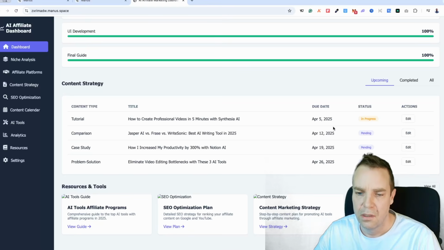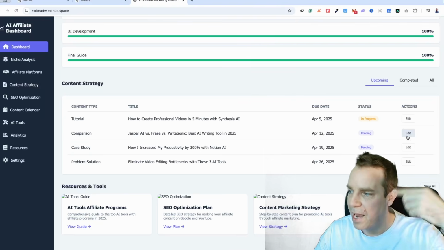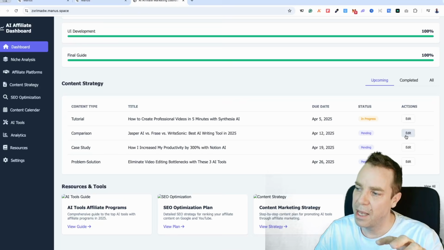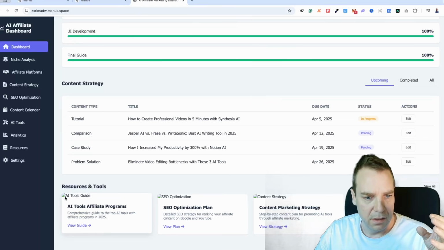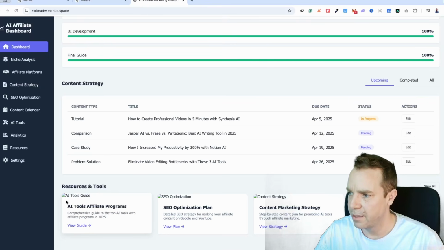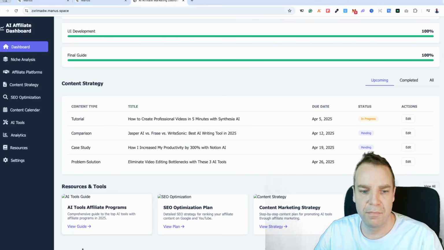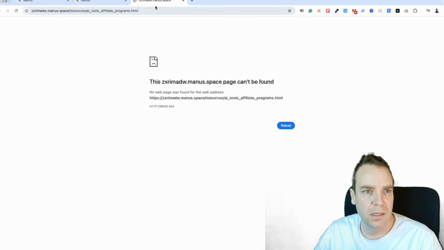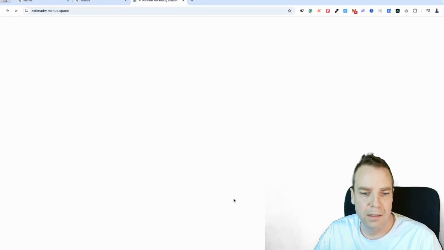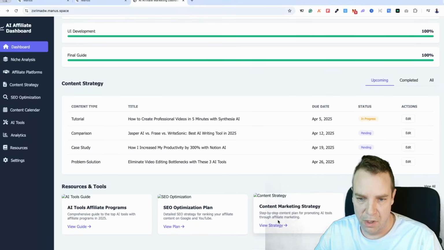Nothing happened here. Okay, and also, if we run into an issue, so for example, right now I cannot click on edit, then we could go back into Manus and tell Manus that the button is not working, and for example, the images are broken here. Then Manus would fix this problem for us and then redeploy the website. So what's this review guide? Okay, go back. Yeah, it's not perfect, but